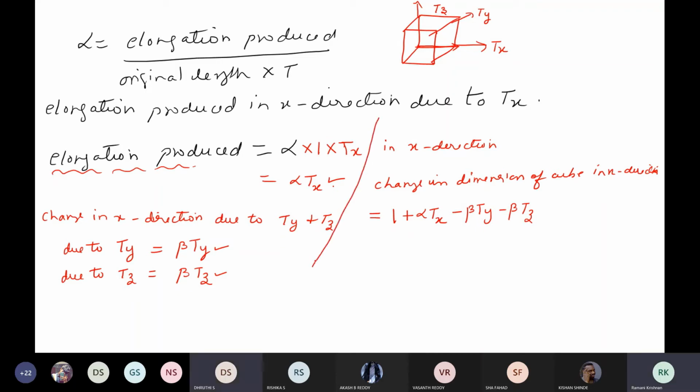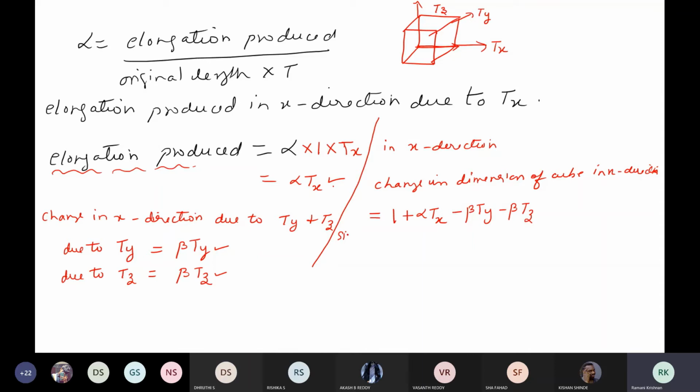Ma'am, why minus? Minus is because it is decreasing. Is it increasing the dimension or decreasing the dimension? Decreasing. Yeah, that's a good question. Now why did I write plus? Because it is increasing the length from unity. It became plus extension, but these are acting perpendicular, so minus. Okay. Now I think it will be clear.